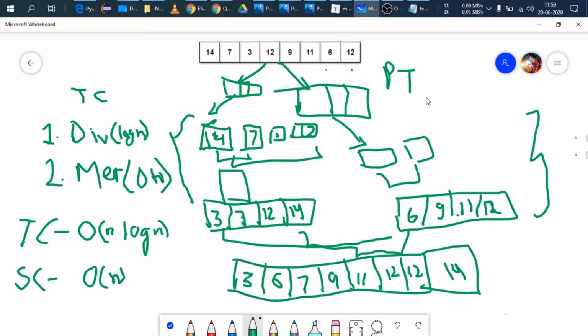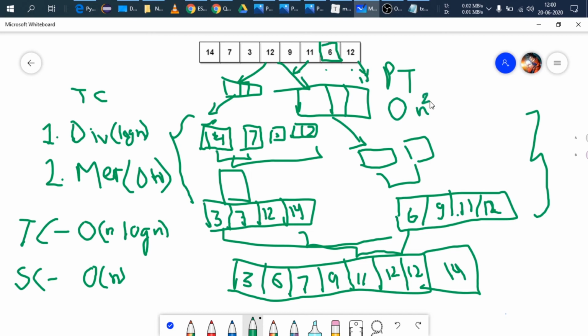And what does unbalanced mean? That means there are elements only on one side of the array and not on the other side. Suppose you take pivot 6 in this array, 6 is our pivot, and when we divide the array, the left hand side will consist of all of these elements 1 2 3 4 5 6, and the right side will consist only of 12 elements, and the work that will be required on these elements would be more, and this will lead to the worst running time complexity of order of n square.